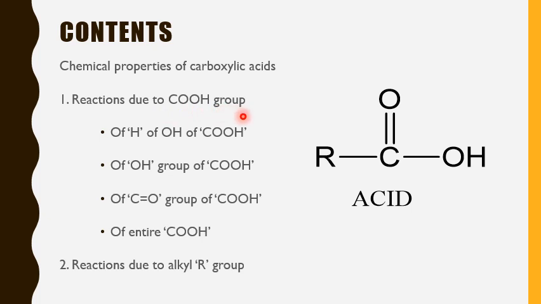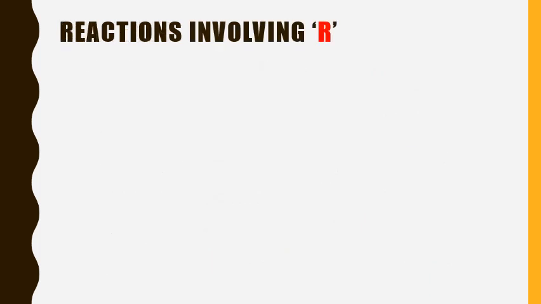So in today's class, we will see the last part of chemical properties, that is reactions due to the alkyl group. So we have seen this total part till now. Today we will see only the reactions due to the alkyl group of this carboxylic acid. So what are those reactions that involve R or alkyl or aryl group of carboxylic acid? First such reaction is